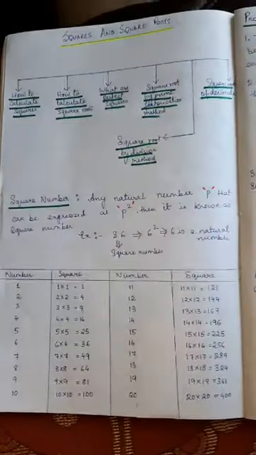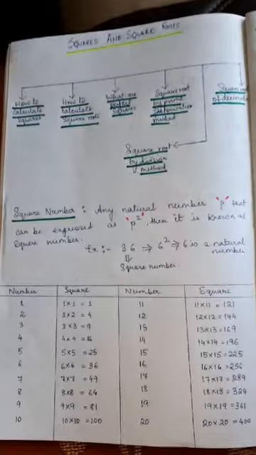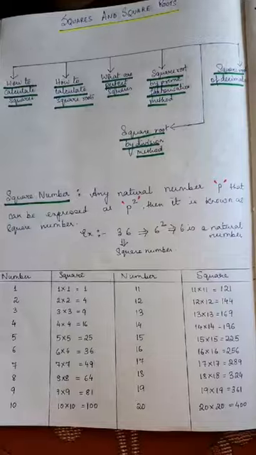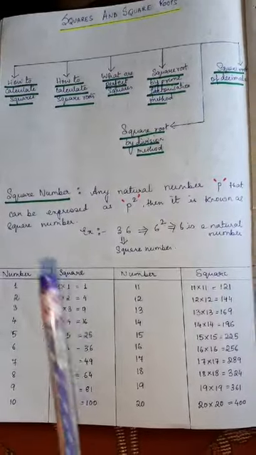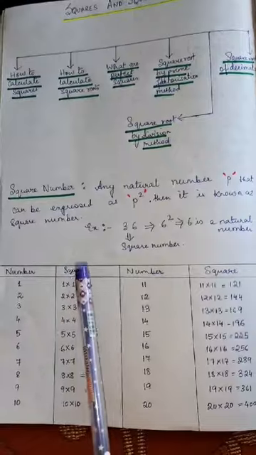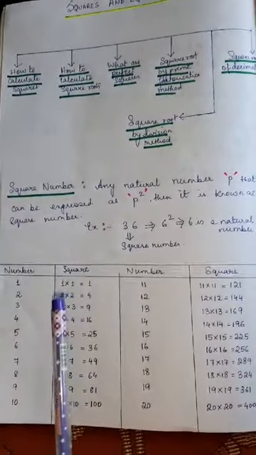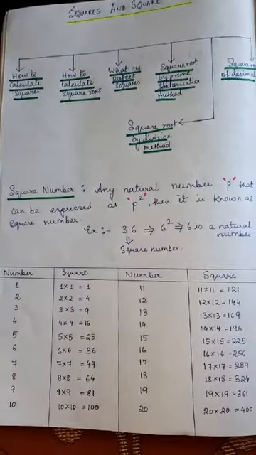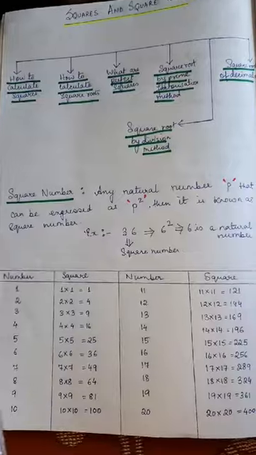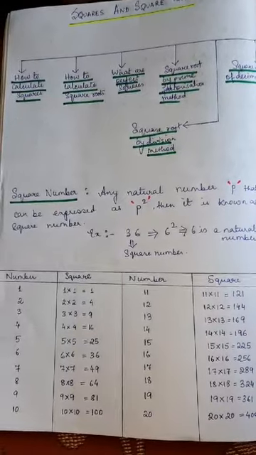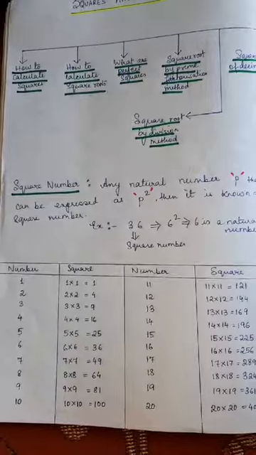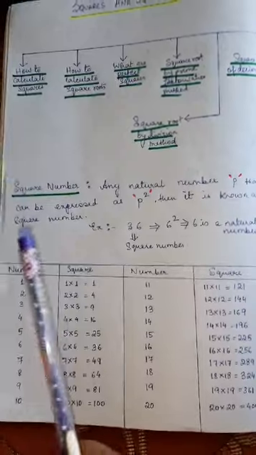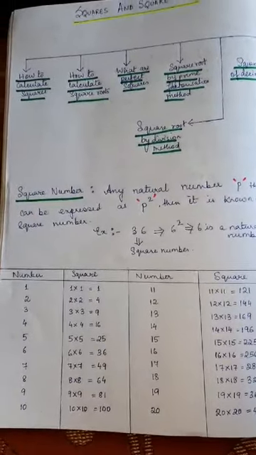Now, work for you is, you will take a chart paper and from 1 till 40, you will write in this way only. You will write the number as well as the square of that number on the chart paper. I repeat, you'll take a chart paper, any color chart paper that you have at home. Take that chart paper and then very neatly write the squares of natural numbers from 1 till 40. I have written till 20. You will write till 40.